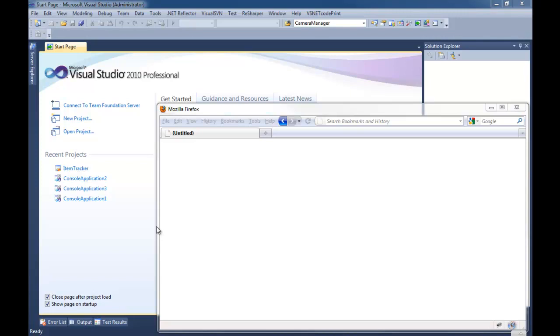And if you've ever worked with Ruby on Rails or PHP frameworks like Symfony or Cake PHP or Kohana, it's a very similar concept, but it's done in C# or VB. It's done strongly typed. It's done on ASP.NET, and it's a really nice, streamlined, modern framework that doesn't have a lot of cruft or baggage like ASP.NET Web Forms does.